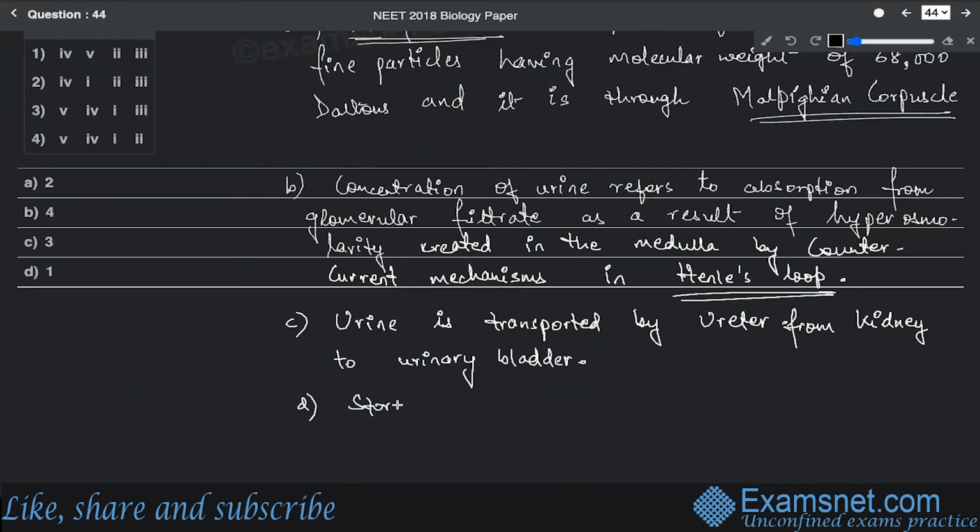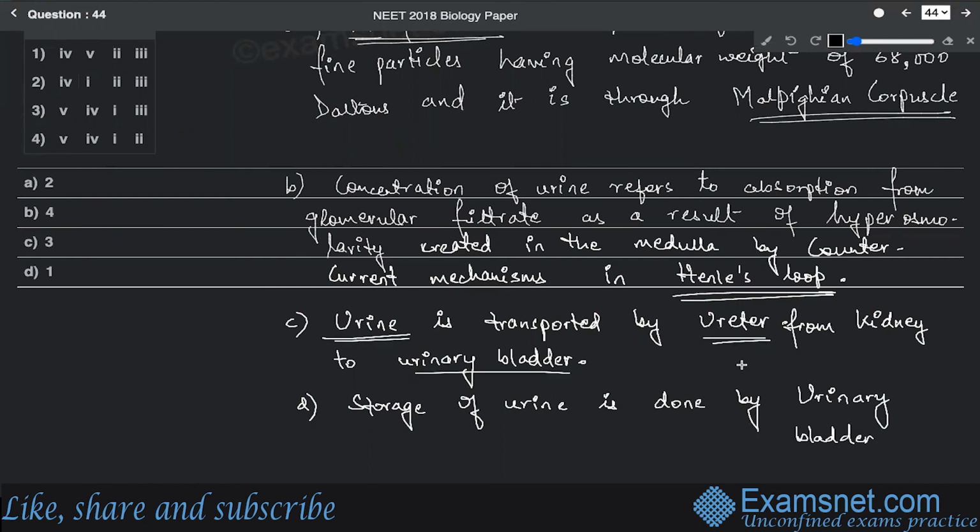So storage of urine is done by urinary bladder. So urine from ureter, from kidney to the urinary bladder, and then storage of urine is basically done by urinary